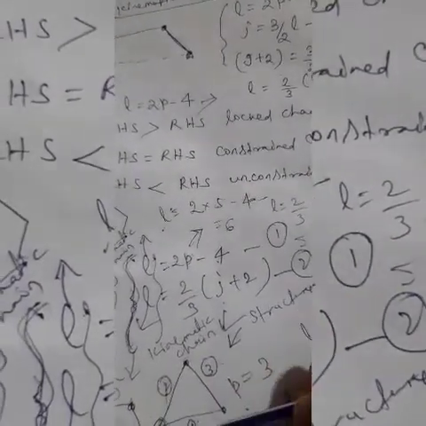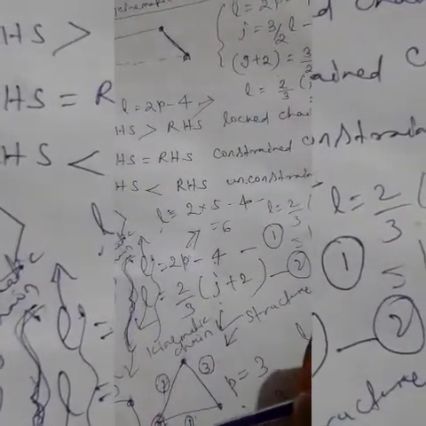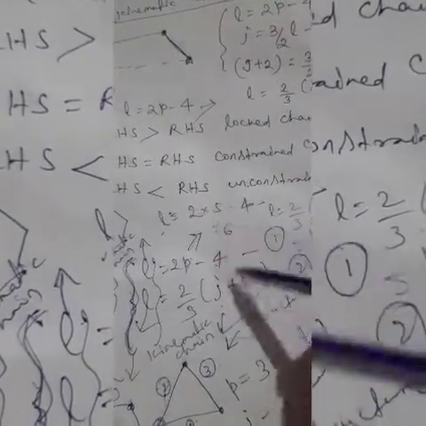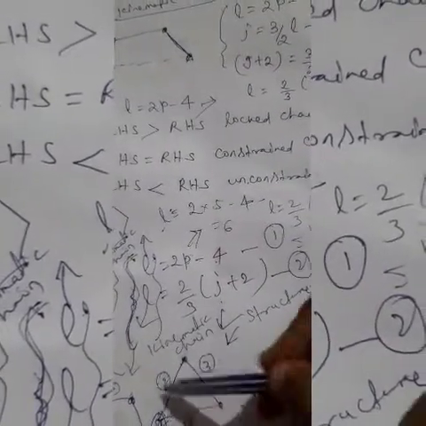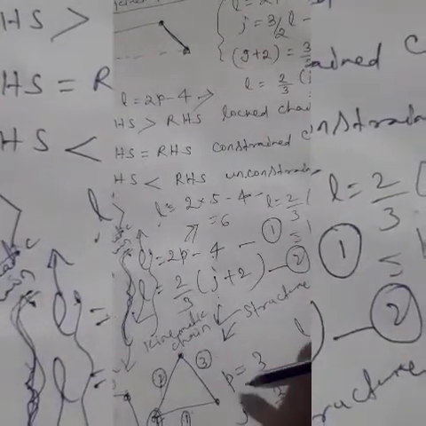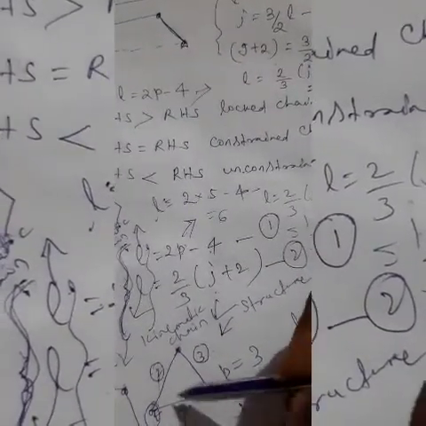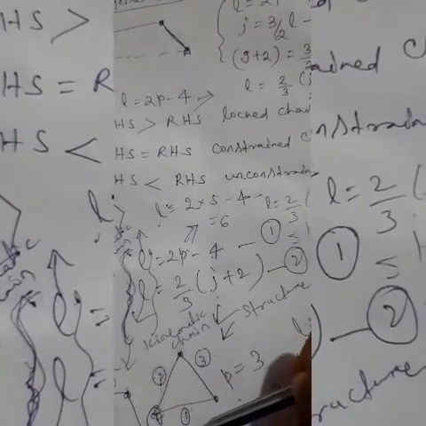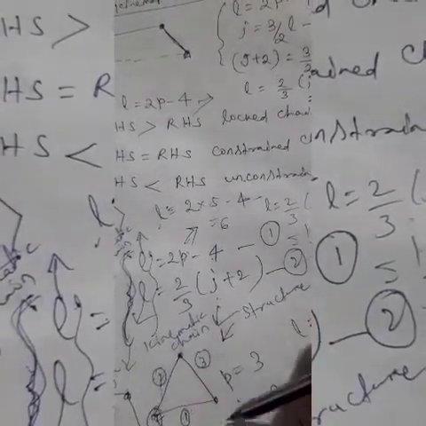So here this is a 3 link chain. To form a chain we need at least 3 links, and here this is a 3 link chain or a triangular chain. Here you can see the total number of kinematic pairs is 3. 1 2 forms one pair, 2 3 forms another pair, 3 1 forms another pair, and the number of joints is also 3.